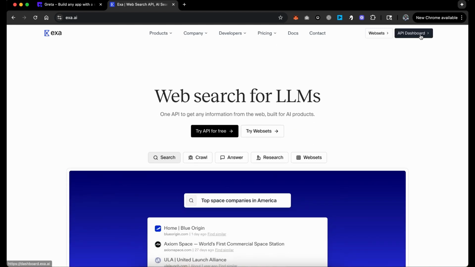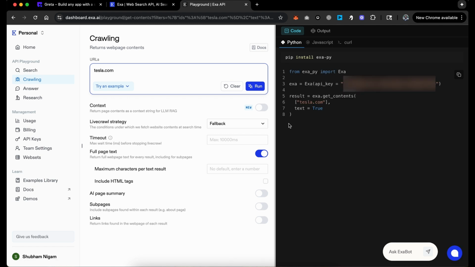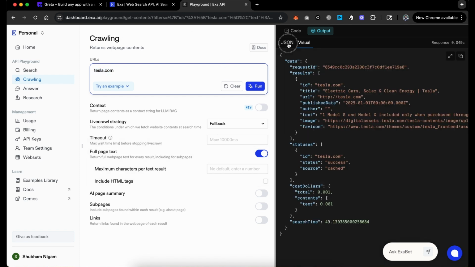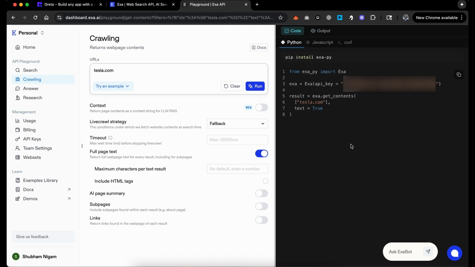I'll go here, I'll create an account, and let's say I want to test it out, that if I enter any website URL, it gives me all the details about that website. Let's say that's what I'm trying to build. And maybe I want to send this to whoever I want to. You put a URL in this crawling, and it gives you an output. And this is the code.